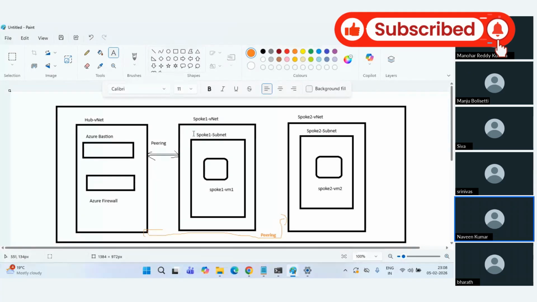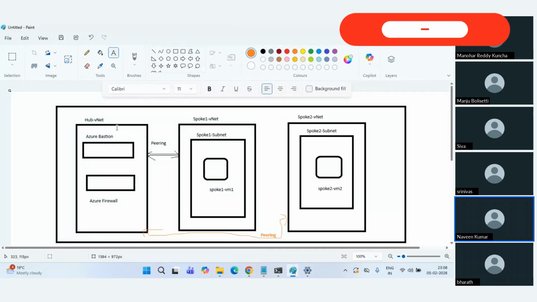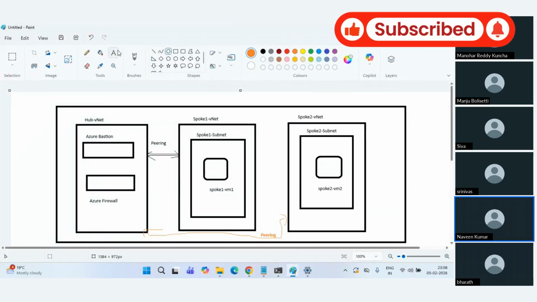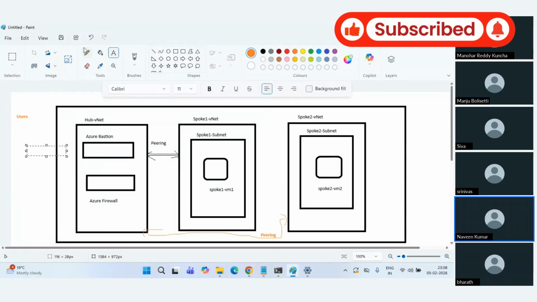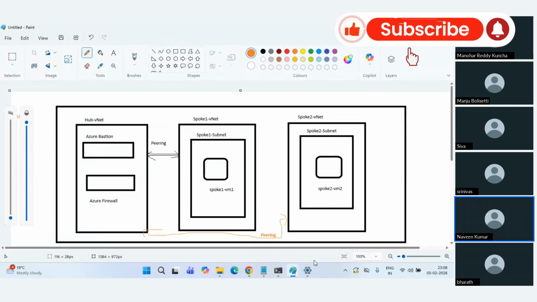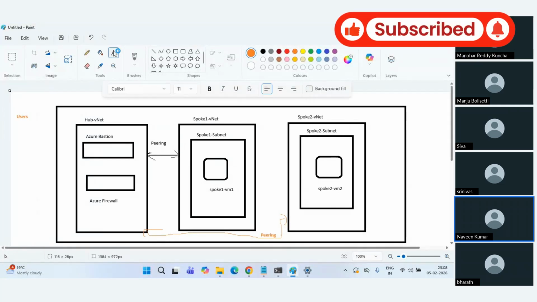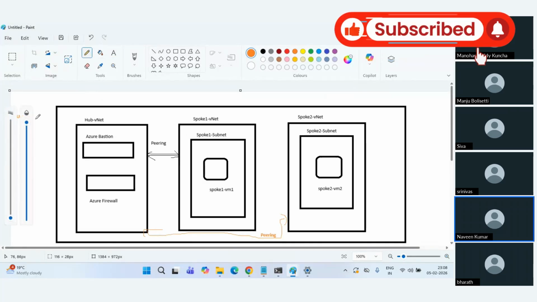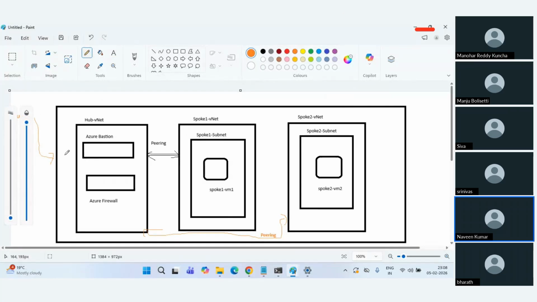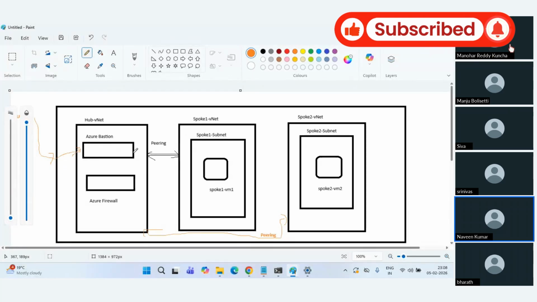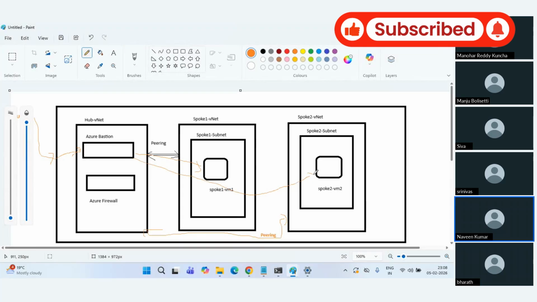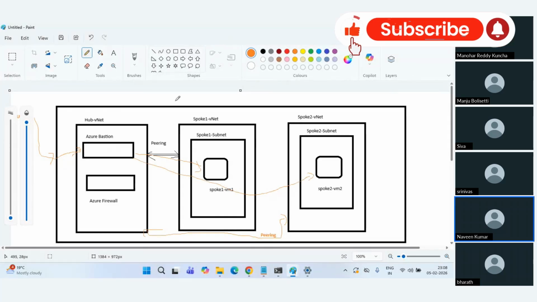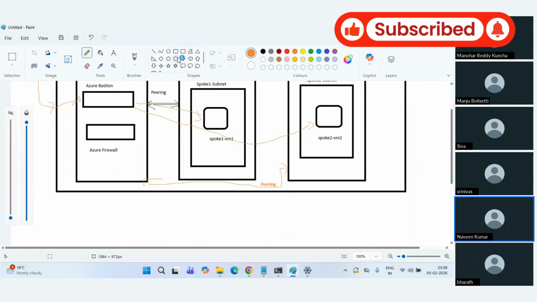And till now, what we know is, let's say there are users who try to connect. They go via the Azure portal, and you all know from Bastion we can connect. Bastion is going to give the connection to Spoke 1 or Spoke 2, depending on whichever VM we want to connect. And at the same time, if we want to talk to internet,